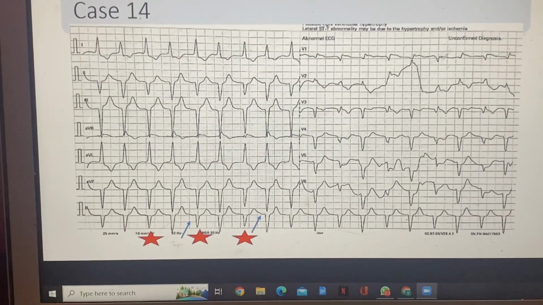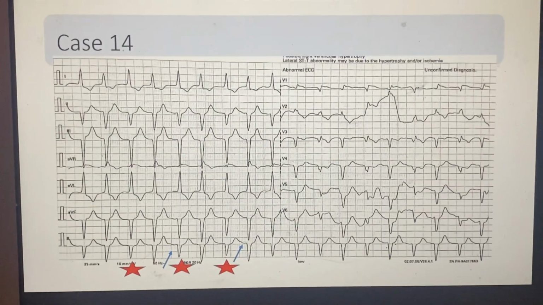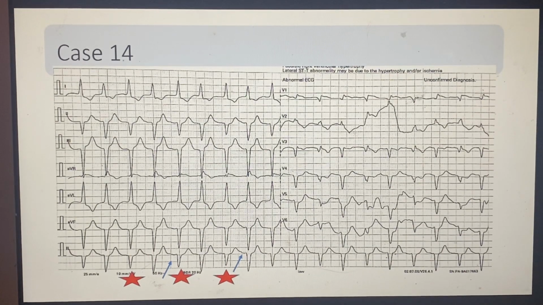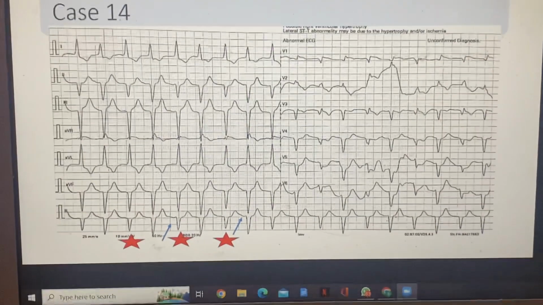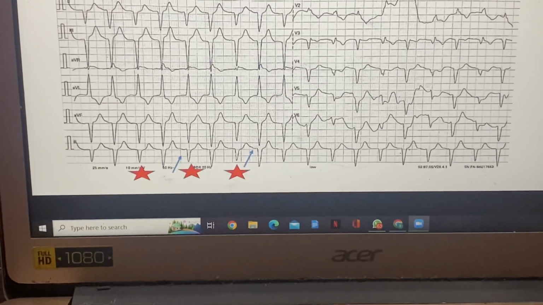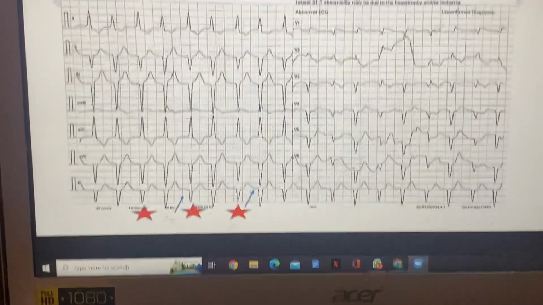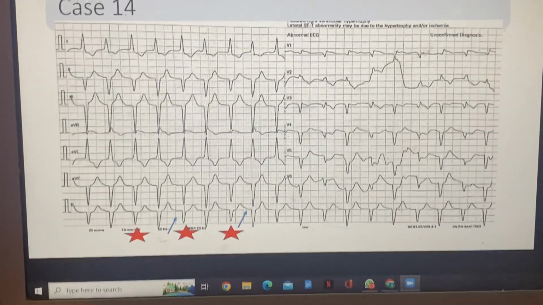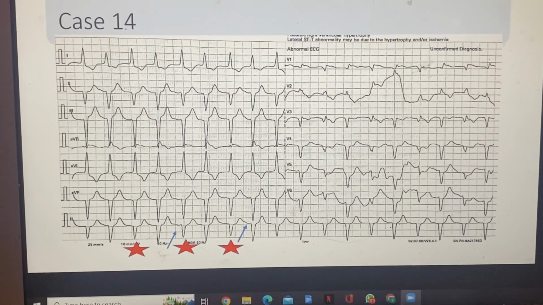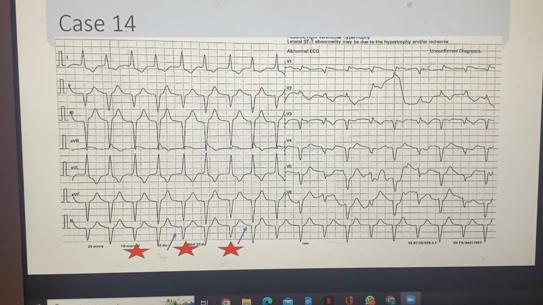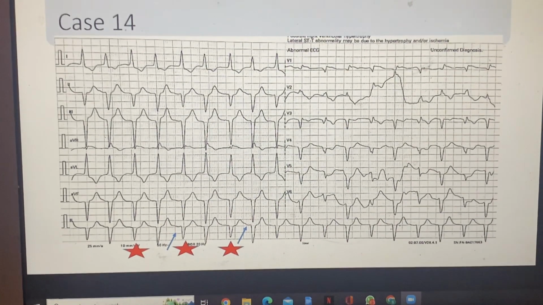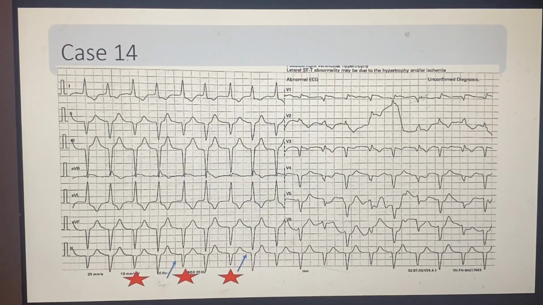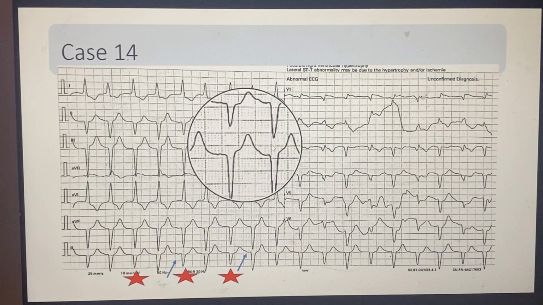When we have QRS alternans or T-wave alternans, we usually only think about reentrant tachycardia, and the common one is AVRT. But VT can actually be a micro-reentrant tachycardia as well. It can have a reentrance, and that's why I think this one points more towards VT, because I can see AV dissociation. Even though alternans points more towards SVT, it can manifest in VT as well. And the one thing I would like to highlight is that I'm not sure whether